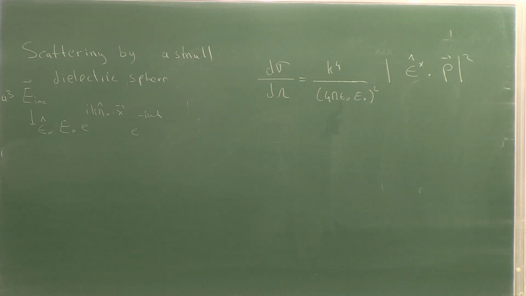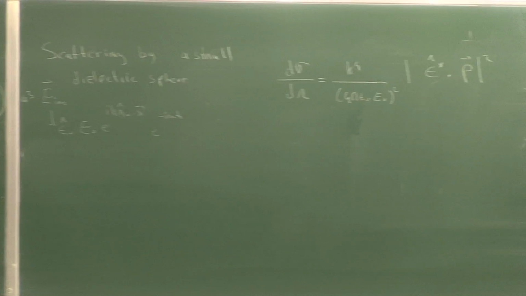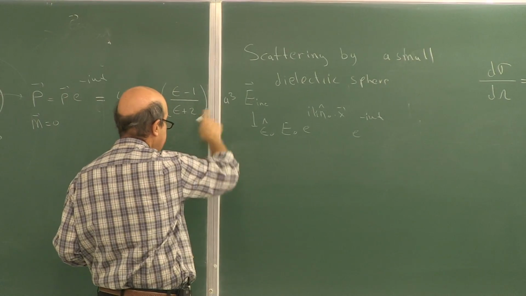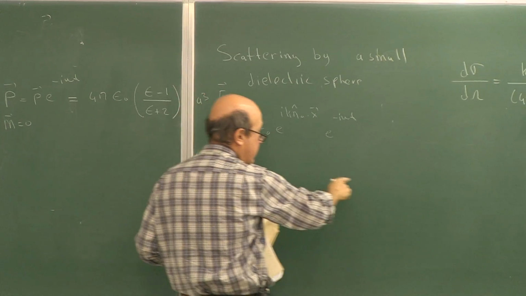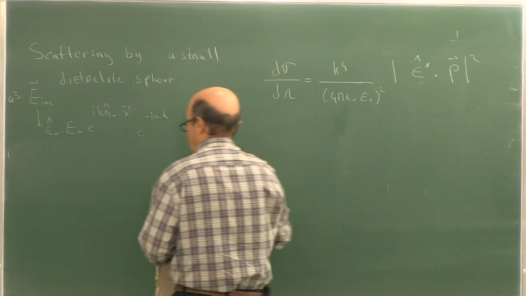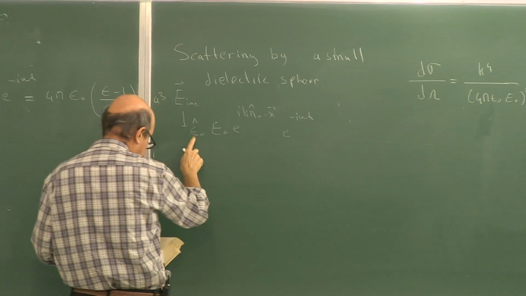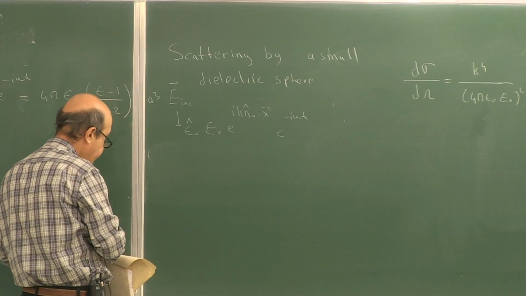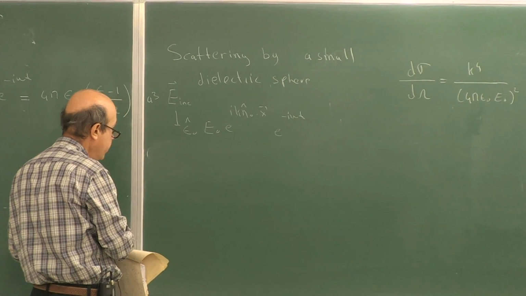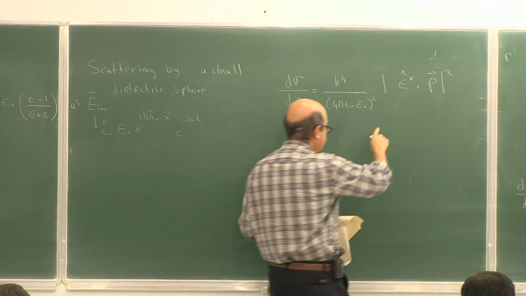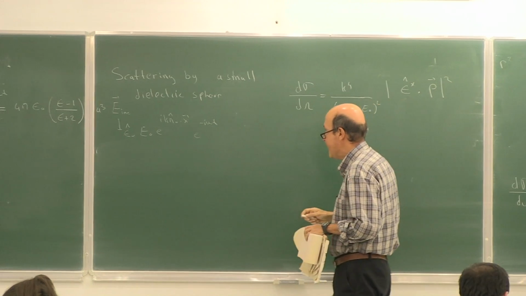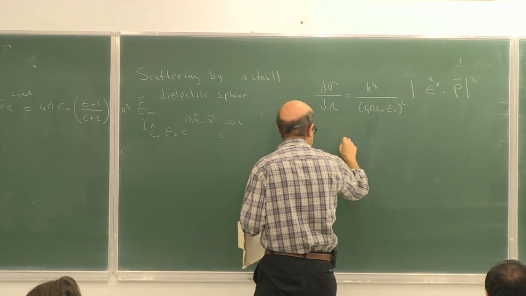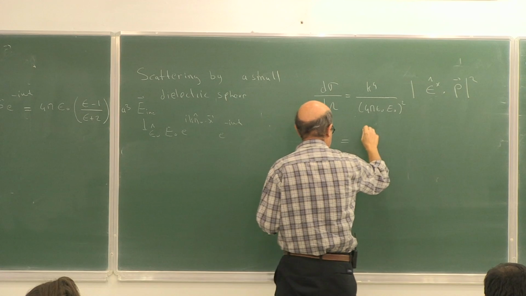So you will have 4 pi epsilon 0 square, and the square of this term, that should be a to the 6, and you have E0 square that will be cancelled with that one. And the important thing, the incident polarization of the wave, dot product with the polarization after the scattering, and your result will be the following: k to the 4